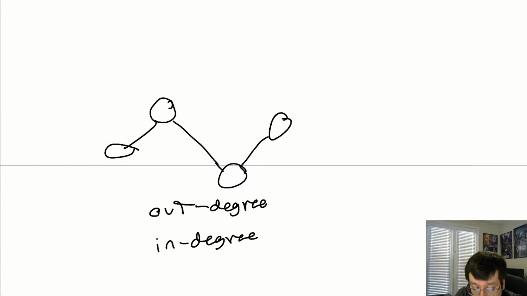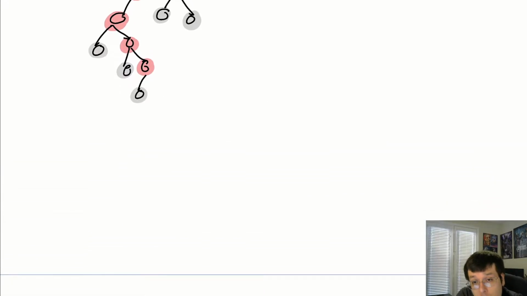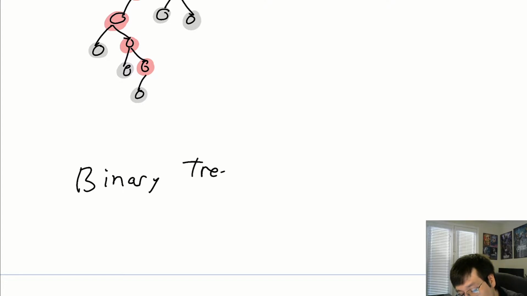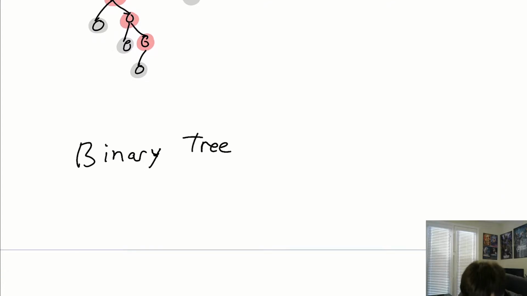So what that would mean would be that this is a degree of 2, whereas this is a degree of 2, whereas these are degrees of 1, okay? So just a little teaser, but we're not to graphs yet, so don't worry too much about that yet. The point is that when you have a tree and you put a limitation on the number of children it could have, which is code for that degree thing I'm talking about, you decide what type of tree it is. So if you think about a binary tree, which is the subcategory of trees that we're going to be looking at for a few weeks before we move on to graphs, a binary tree is going to be a tree with one special row.